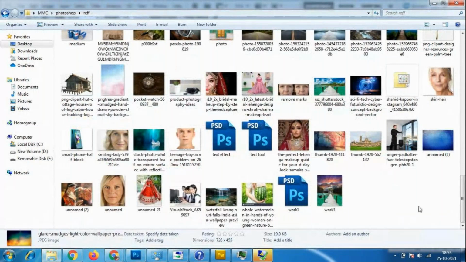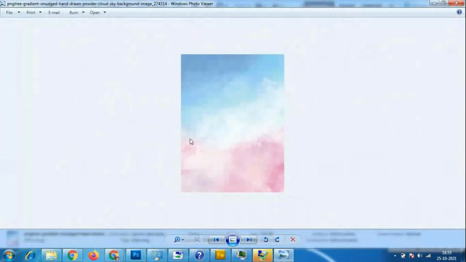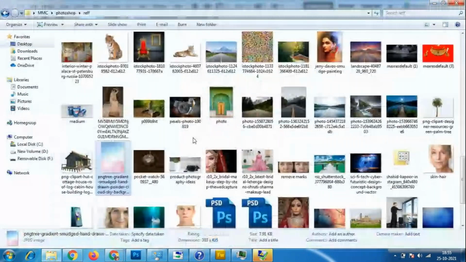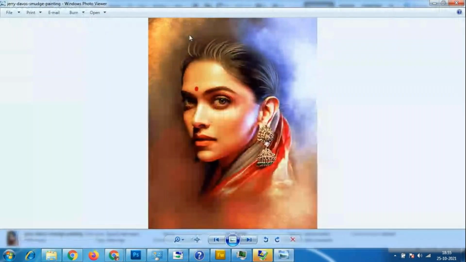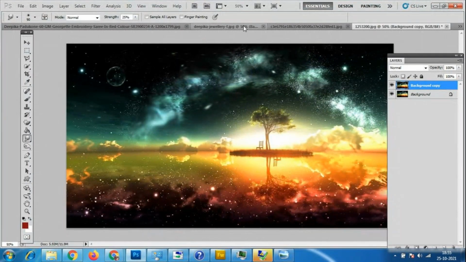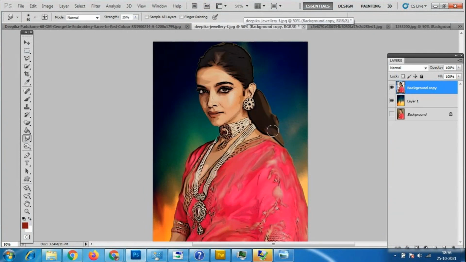See, look at this background made using the smudge tool. We created this cloud background using the smudge tool, which mixed everything. Even this is a painting with a background like this. We have to take traditional kinds of images. Here these ornaments are clear, but for the hair and so on we used brushes, and we have to keep working with the smudge tool like this. See how much we have to drag. We have to keep dragging like this, and reduce the brush size. We can even make long hair.